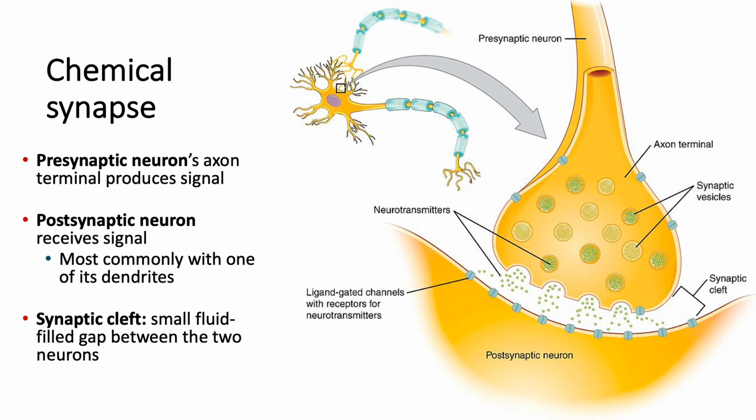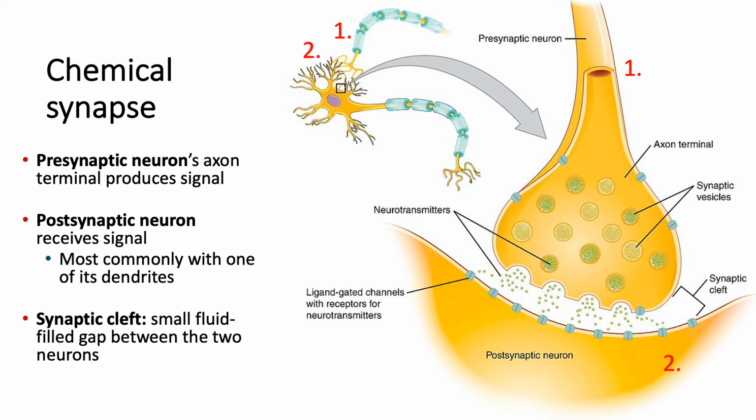First, let's go over the chemical synapse. I'll revisit a little terminology here to help clarify. So this is going to involve a presynaptic neuron. So I'll label this 1 here. This is before the synapse. The synapse is that cleft. And then we have a postsynaptic neuron. I'll label this as 2. And this is what that first neuron synapses to. So this is showing the dendrites then of another cell, another neuron. Okay, so presynaptic axon produces the signal, postsynaptic receives that signal, and the postsynaptic, this is generally a dendrite of